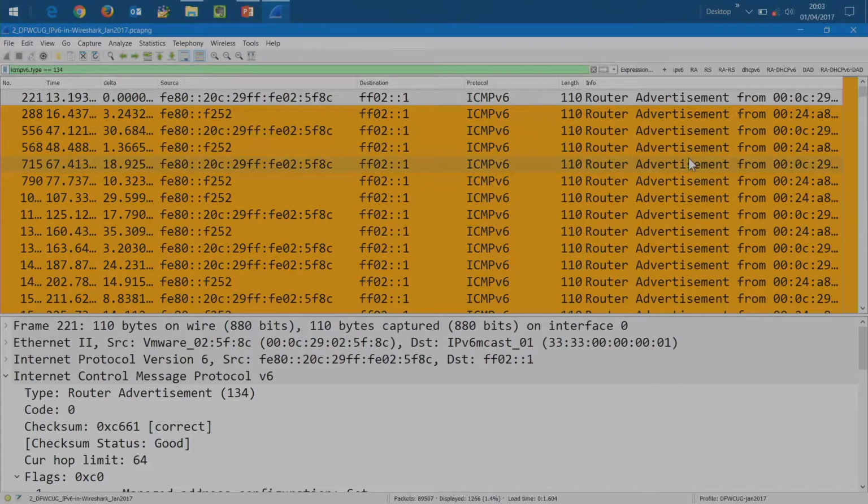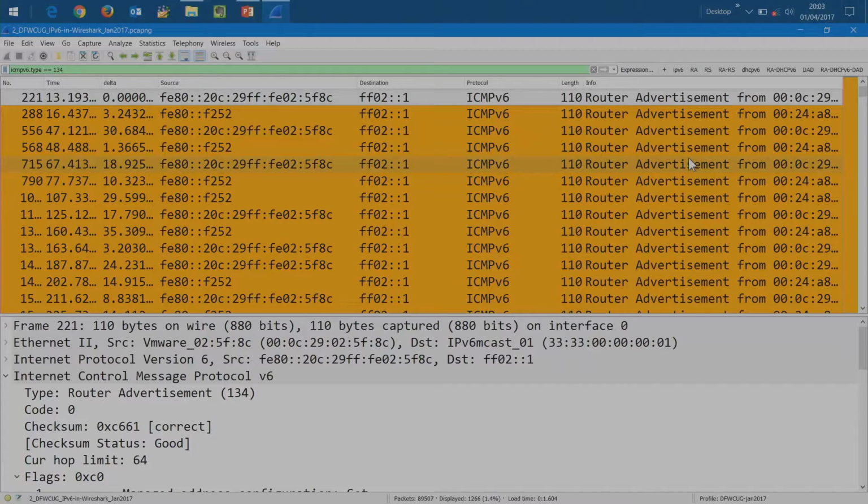And another interesting tidbit. This link local address, FE80 F252. Do you think that might be the rogue? Or do you think this other guy might be the rogue? And this other address up here, was that generated from the modified EUI-64 format, or was that generated by the random number generator? EUI-64.